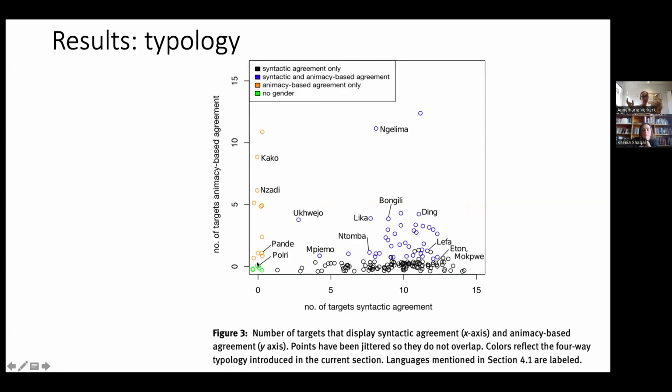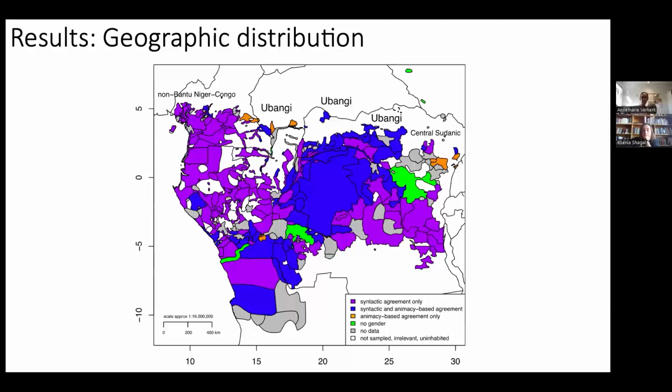And this is going to come back when we look at the sociolinguistic aspects of what influences these morphosyntactic characteristics. We're going to again look at this plot a little bit and see how we can typologize that a little bit further and look at measures. So what does that look like on a map?